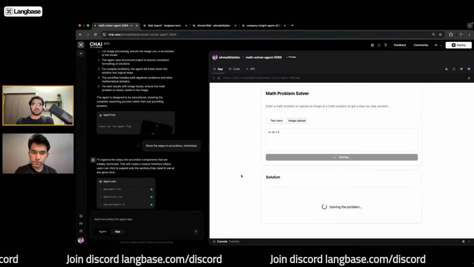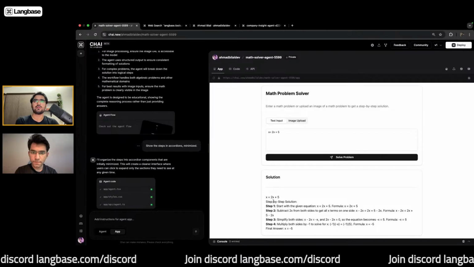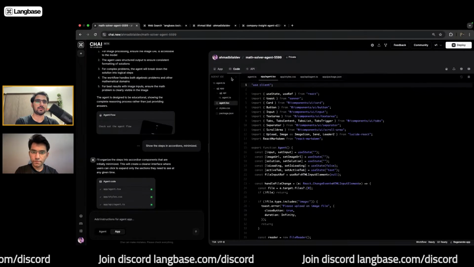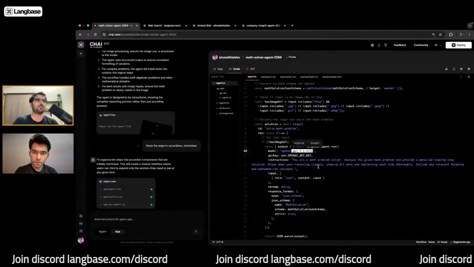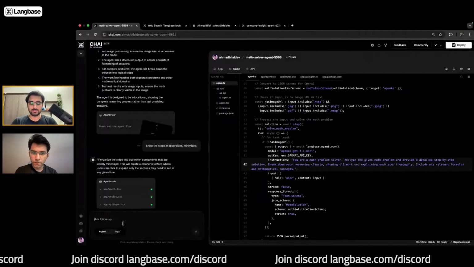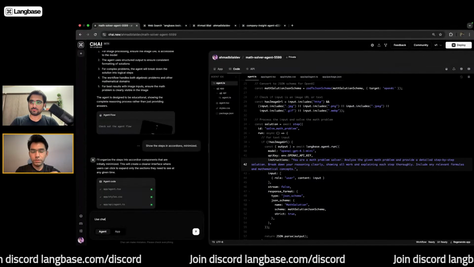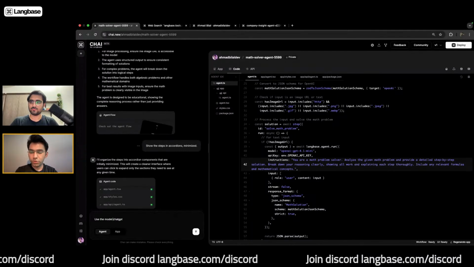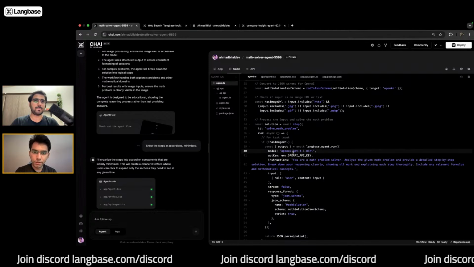Let's see how it does. By the way, we are using a very cheap model behind the scenes, which is I think 4.1 mini. If you want to change it, you can always ask it to improve to, let's say, a better model. Let's do that. Also, let's change it right in the code editor instead of prompting, so people can see how they can just do it right there.